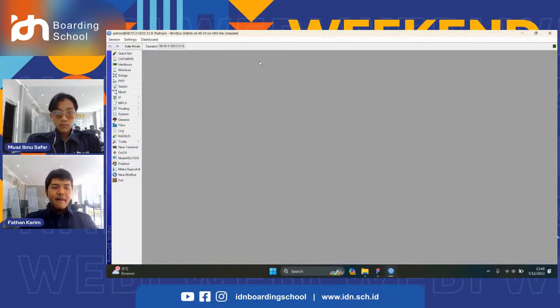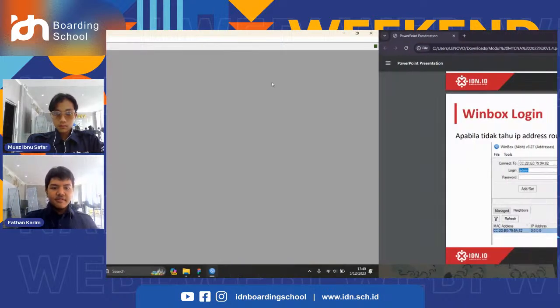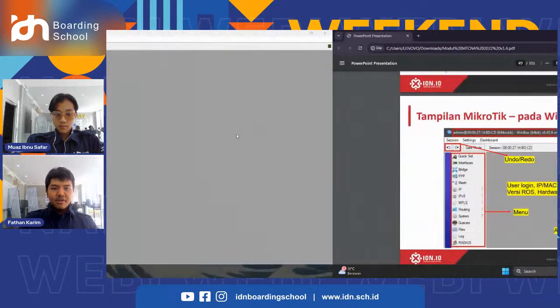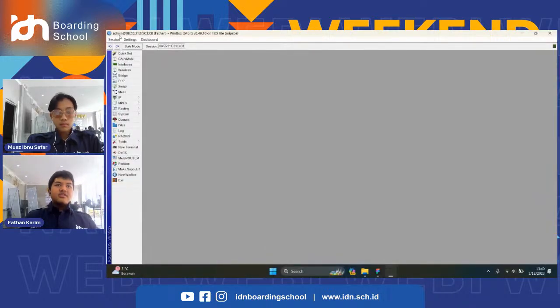Okay, now you can see here the screen when we log in to RouterOS via Winbox. Now we're going to introduce the interface of Winbox, starting with the title at the top. First, this is the admin name, which is the user we logged in as. Second, this is the MAC address or IP address that we used for logging in to the router.